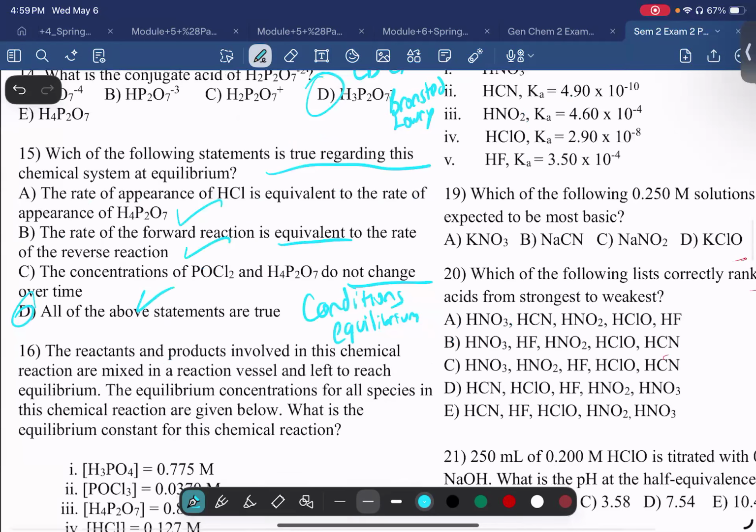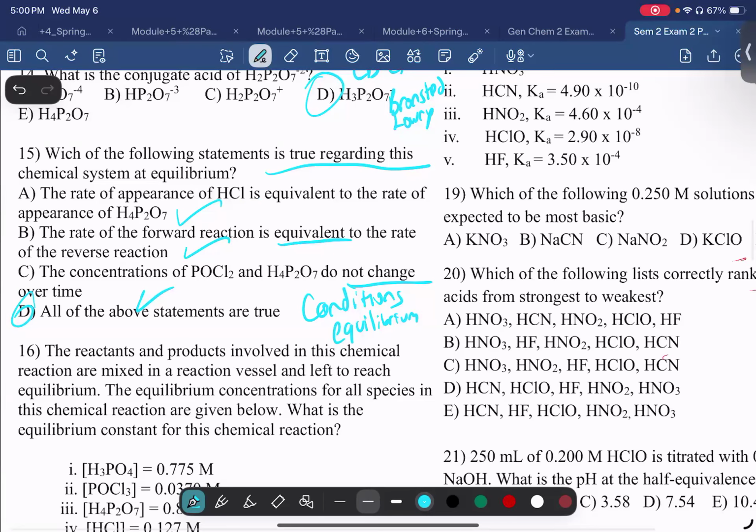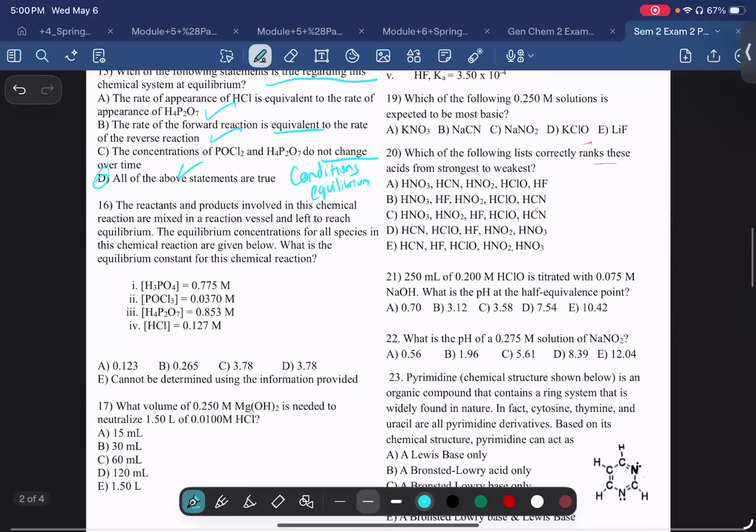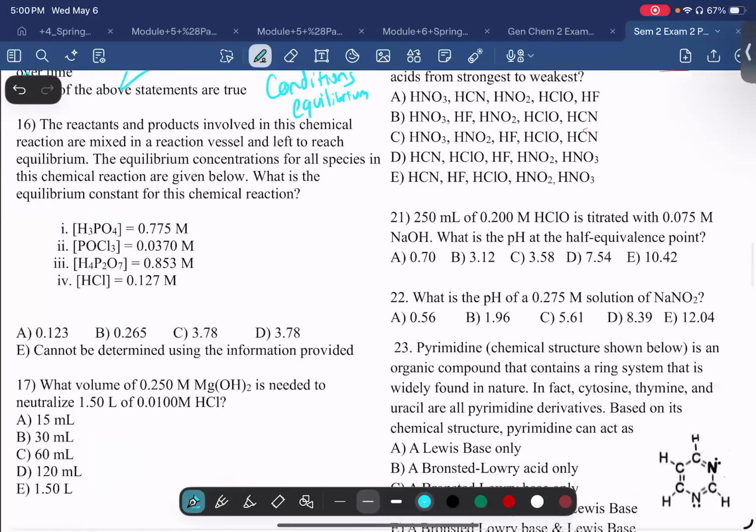and, what's it called? Just your general knowledge from kinetics to some extent. But yeah. And then 16,